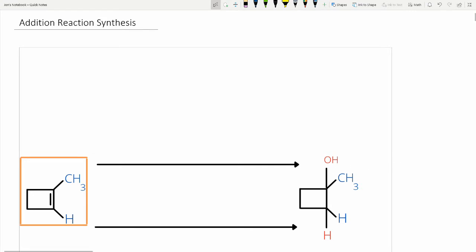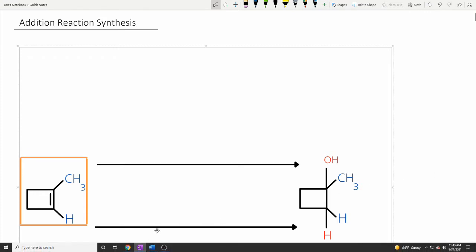So we're going to start off by using methyl cyclobutene as a starting material. This will help depict any stereochemistry when applicable with certain reactions. Now, if we start in wanting to produce an alcohol on the more substituted carbon, there are two ways that we can do this. Now, if we move to the right,